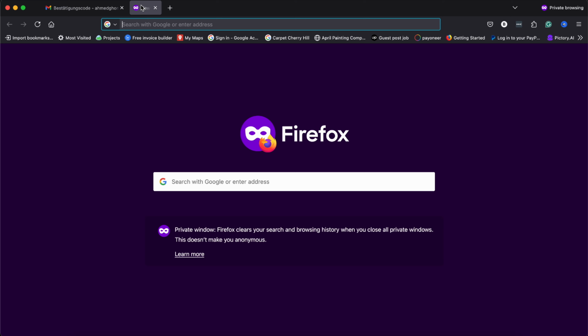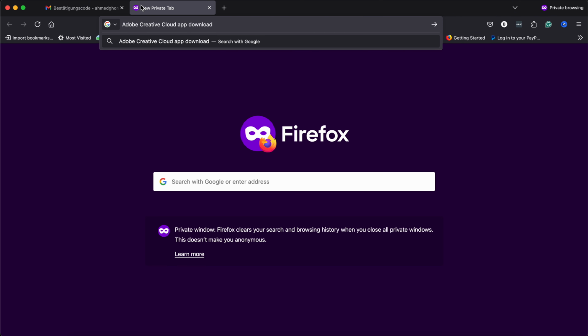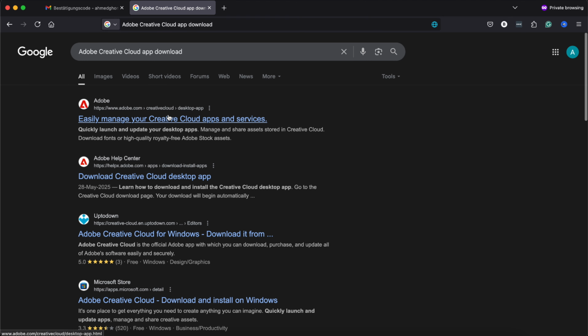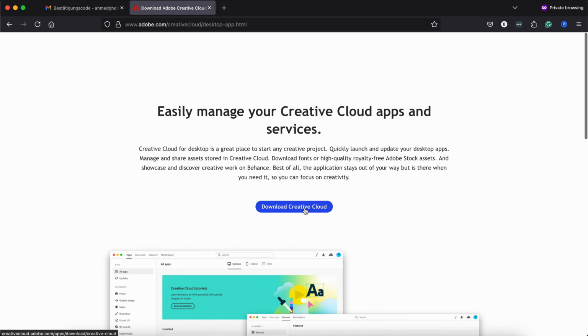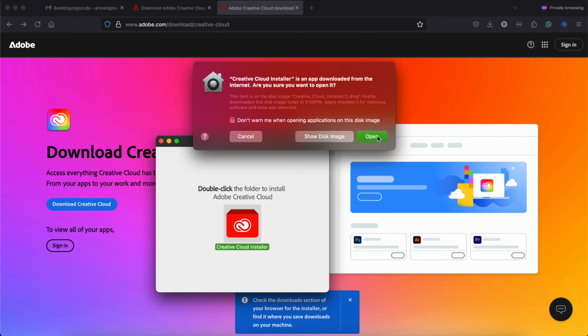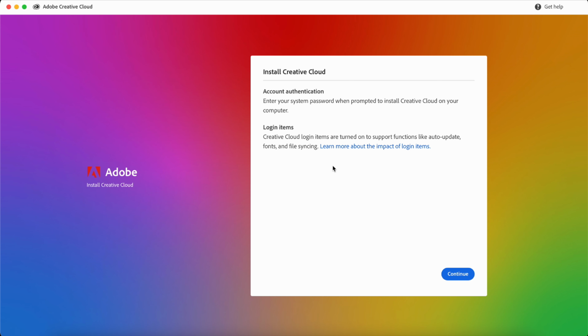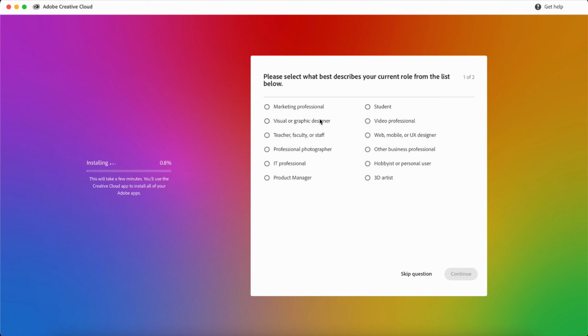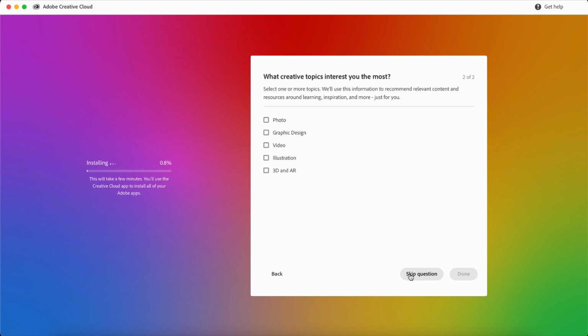Next, open a new tab and search for Adobe Creative Cloud app download. Click the first link and download the Creative Cloud app. Once it's downloaded, install and open the app. Sign in using the same email you used for the free trial and set your password, making sure it meets